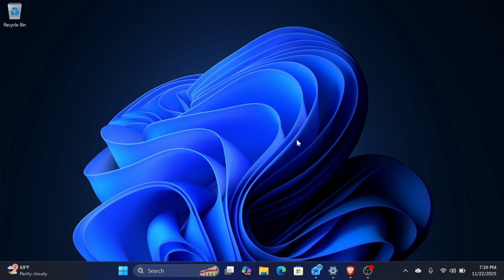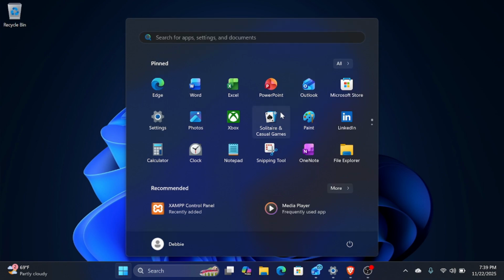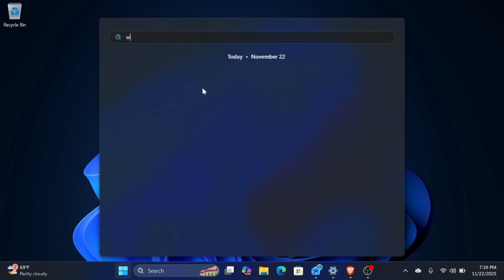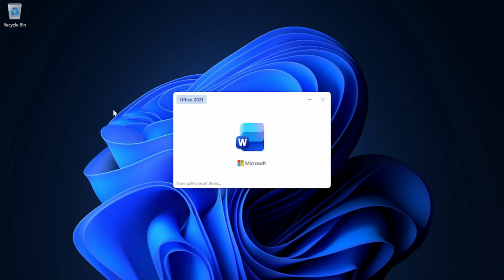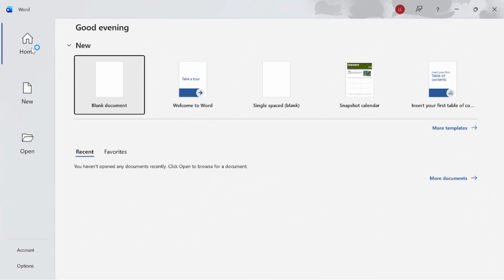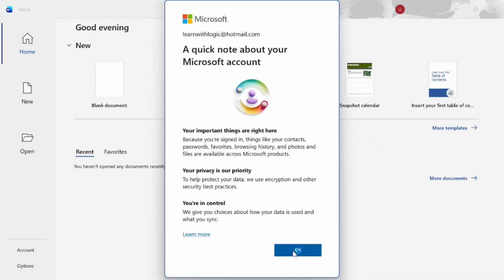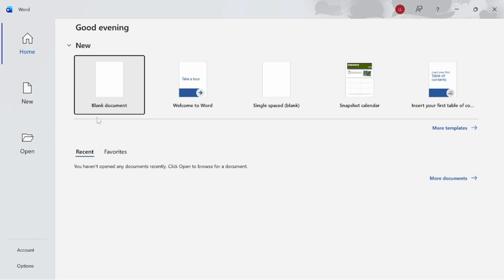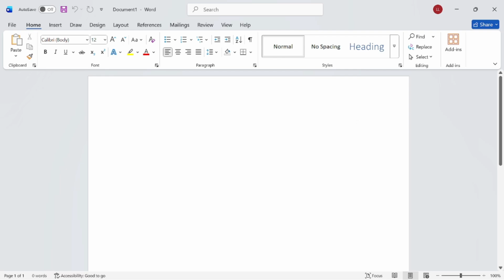So I'm going to show you how to open this application. You can just click on the start menu and then here it is, or you can manually search for it by typing Word, and then it will launch a blank sheet for you. So this is the interface after searching. Sorry for that. And then you go for the blank document. So you'll be introduced to this page, and then we have various